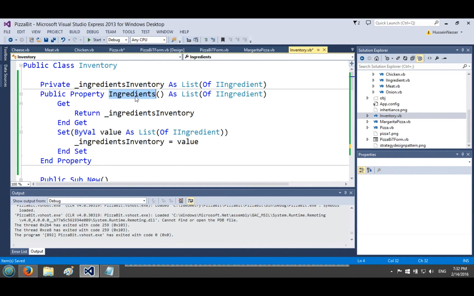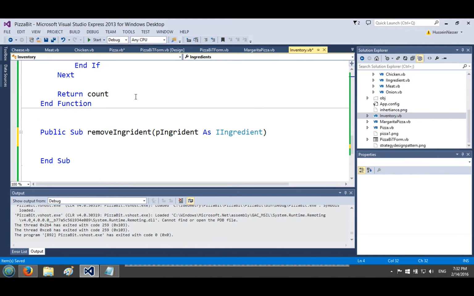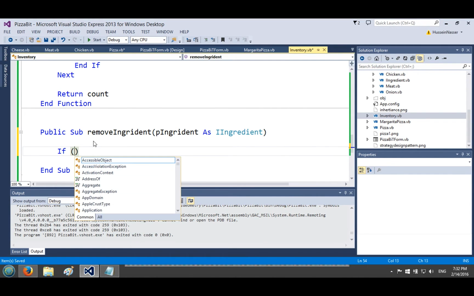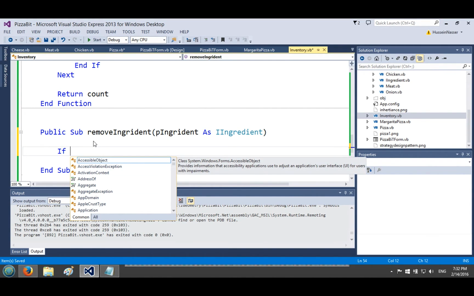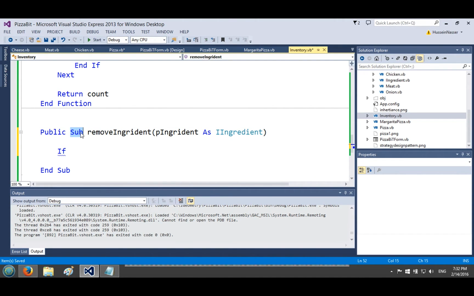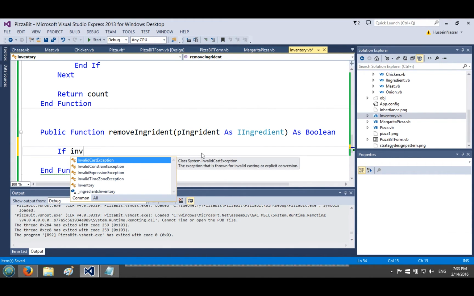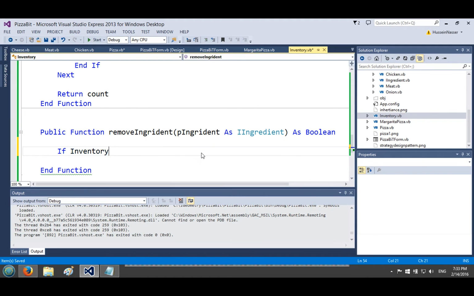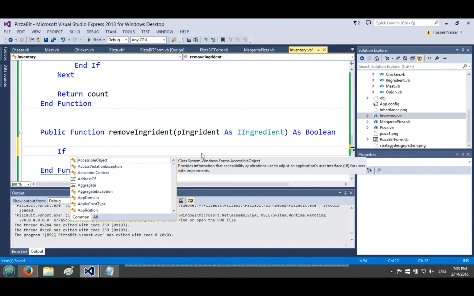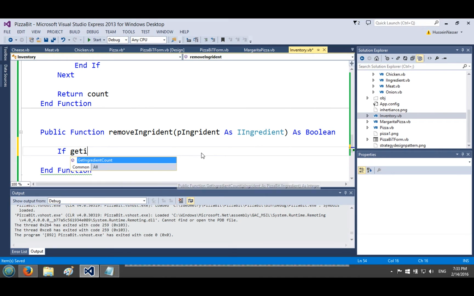Very simple. First we're gonna find if the ingredient is there or not. So maybe we should make it a function that returns a boolean. Was I able to remove it or not? Right? So if inventory dot, oh, we are in the inventory, if get ingredient count for this ingredient,